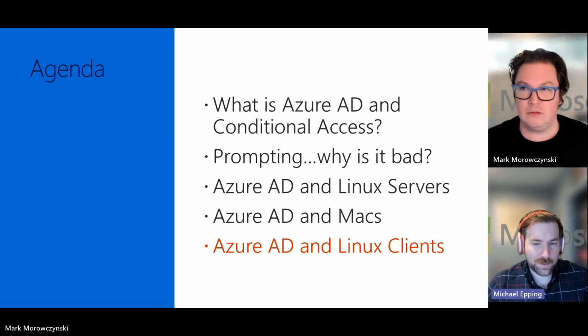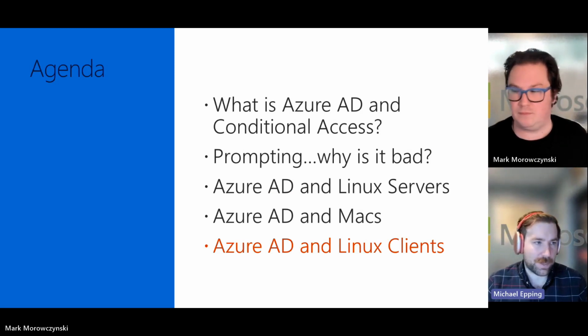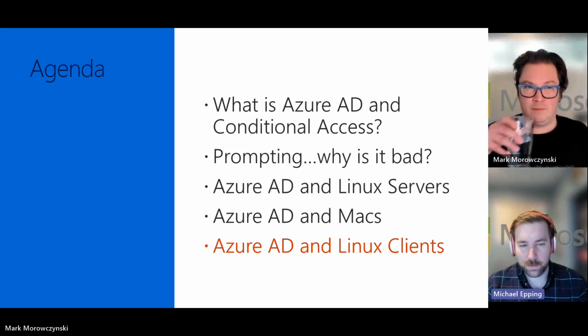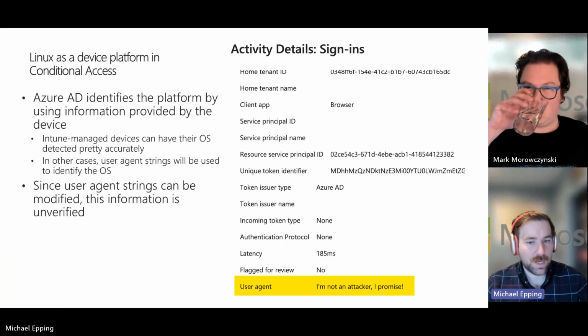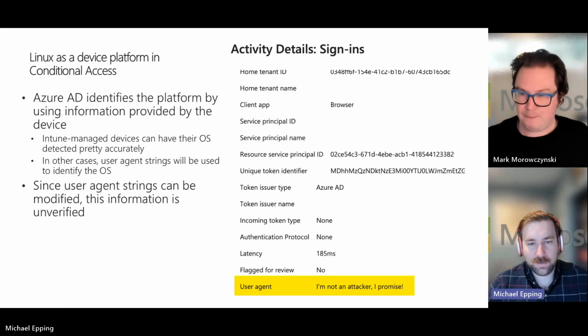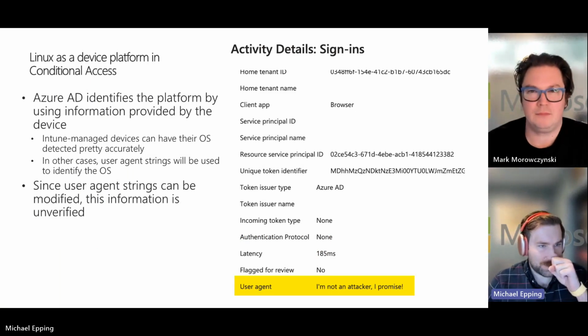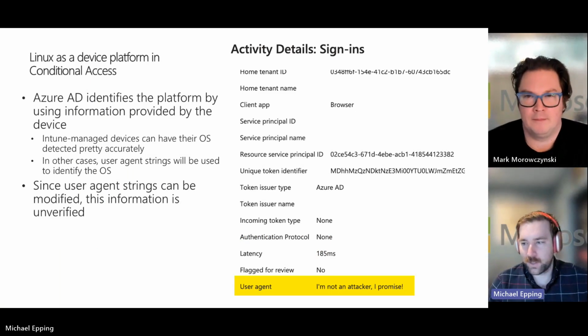So the Linux clients are also super important. Like Mark talked about earlier, there's a lot of customers that we have where their developers are on Linux and other people are using Linux for various reasons. And so one of the things that we see very commonly is that people are misconfiguring conditional access when it comes to Linux. So it's important to start by understanding how conditional access identifies what OS a particular sign-in is